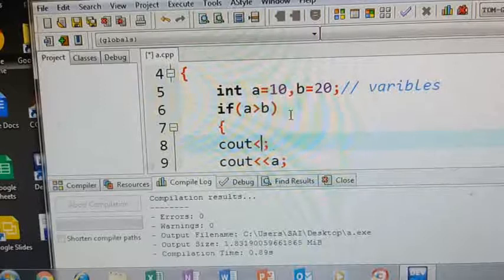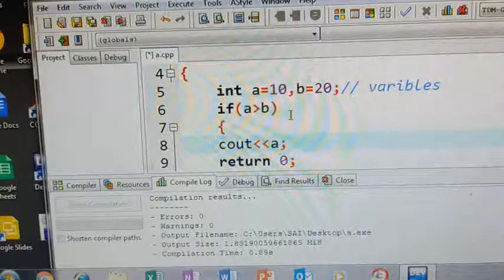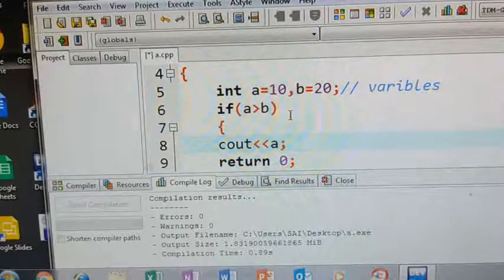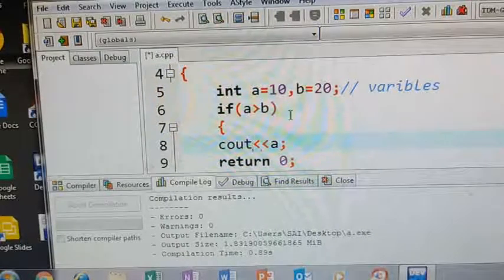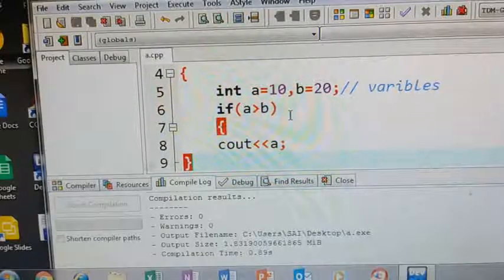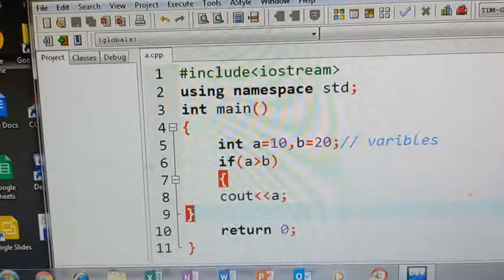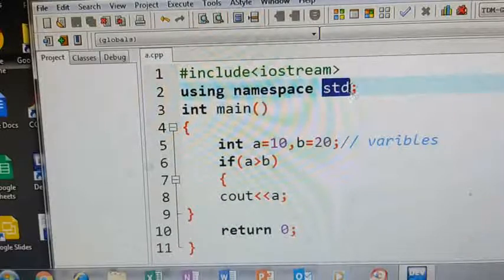Actually I am removing this total output statement, because in the next statement cout A is there. Now after that, I am saving and closing this. See, iostream and using namespace std, I am including this std library in your program, which means whatever functions I use now, I am using from this library only.